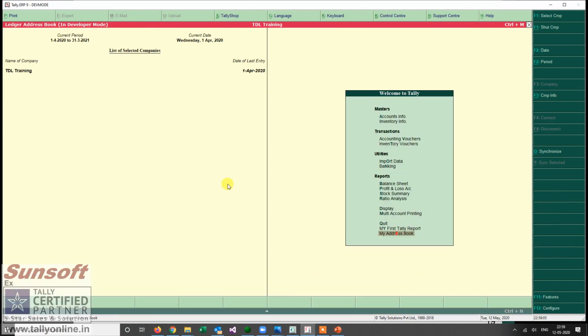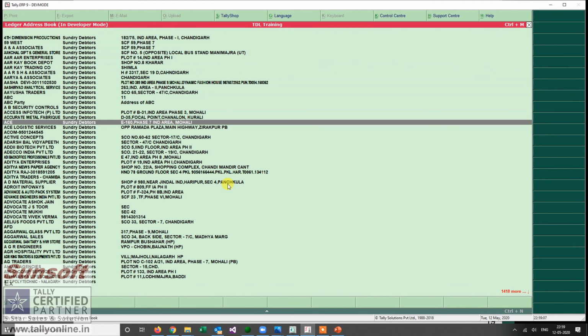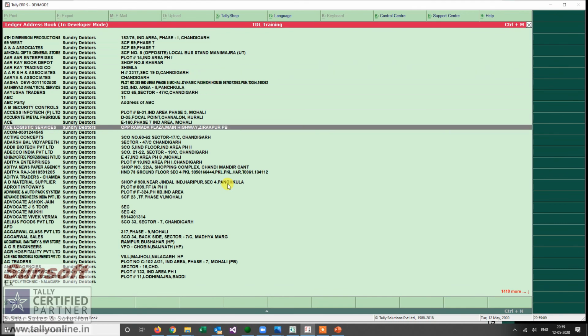You see, it is only showing me the first line, while in the ledger I saw that there is a two-line address. We'll understand that in the next session. For today, we end the session here. In the next session, we'll study how we can create this address book fully. Thank you very much.